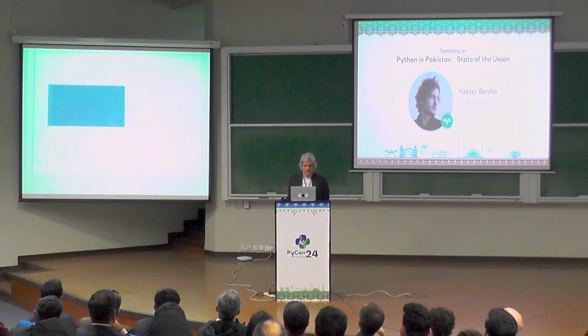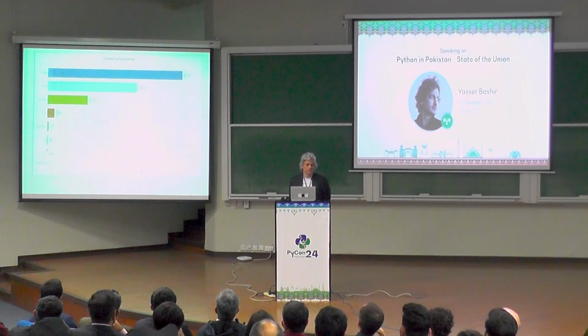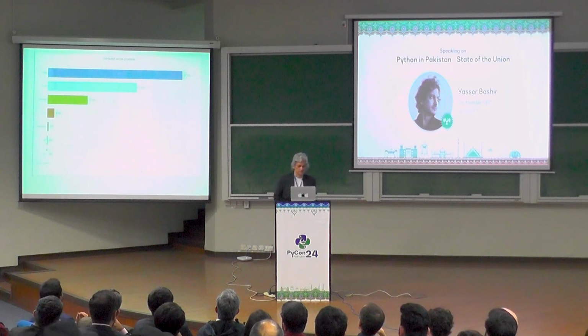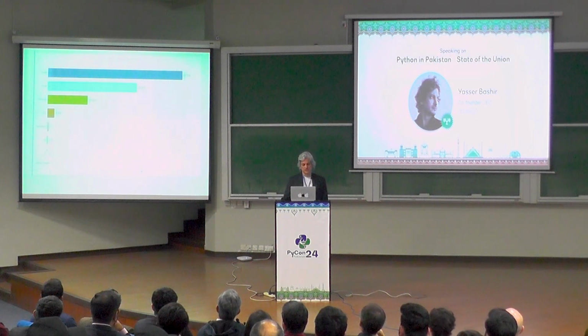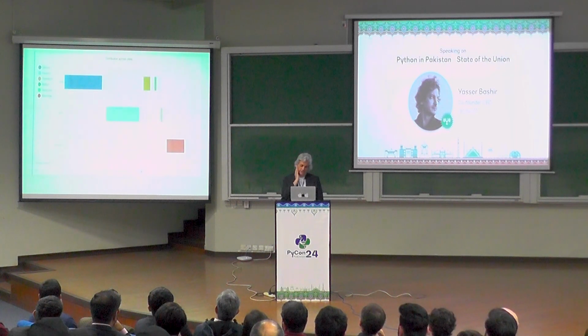How is this data distributed across geographies? No surprises again. Punjab is our most populated province, and most of these developers come from Punjab, which is about 60,000. Then there are people from Sindh, and Islamabad, which doesn't come in any province because of the federal government, right? But even within provinces, the distribution is massively skewed. And we can see that most of these people in Punjab come from Lahore, about 26,000 to